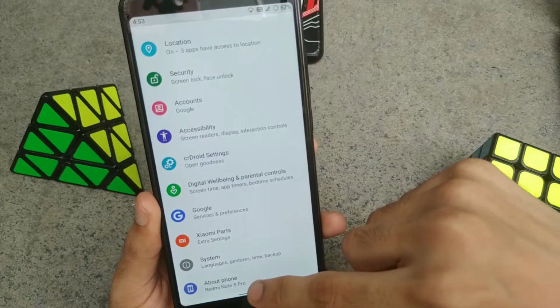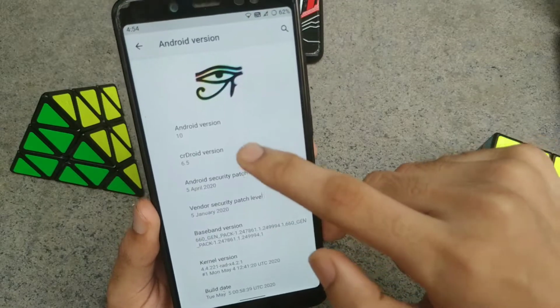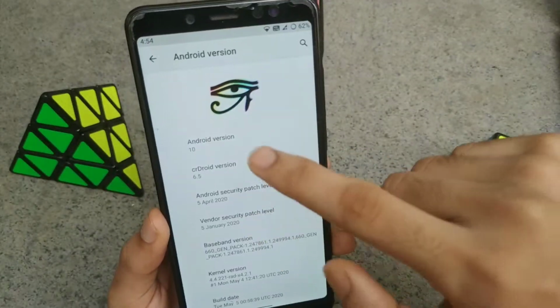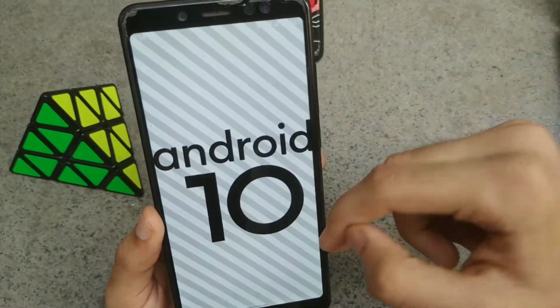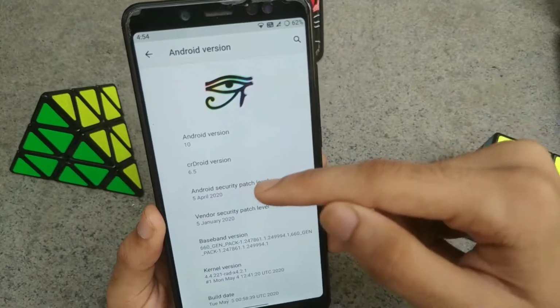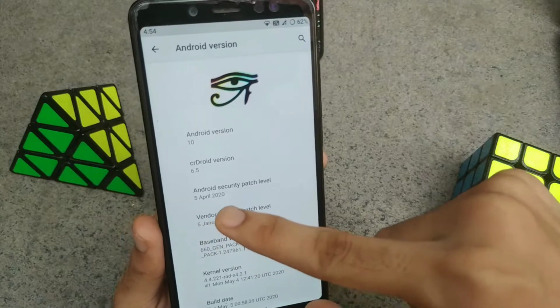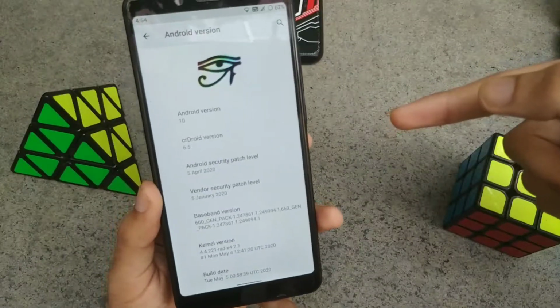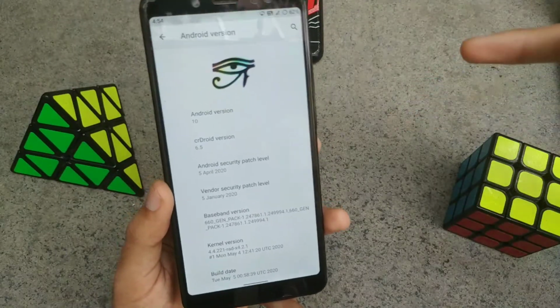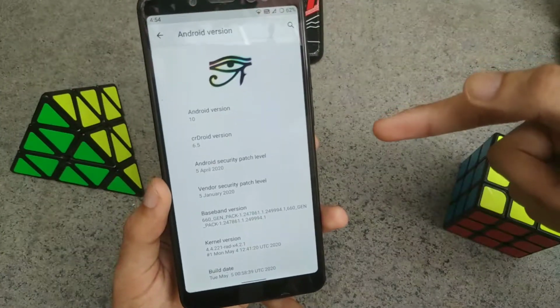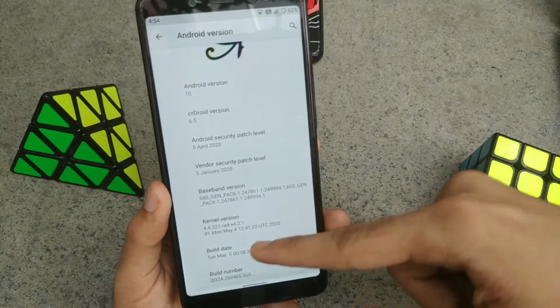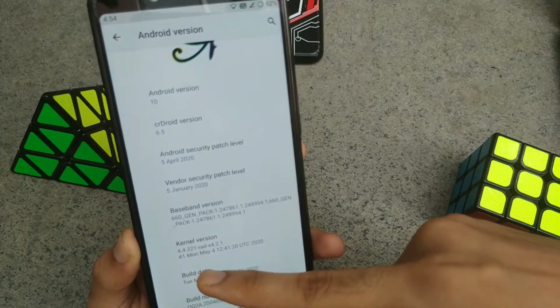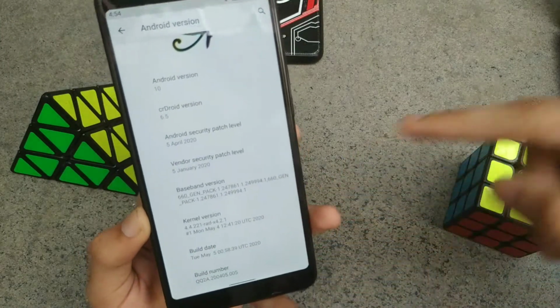So when we come to About of the phone, we find that it is running on Android 10, as I said before, and the version is 6.5. However, the security patch is still on 5th April 2020. Since only the month of May has started, the ROM maintainer has started to push the updates, and we will slowly receive it. As you can see, the kernel with which it's running is called Radix 4.2.1 kernel.